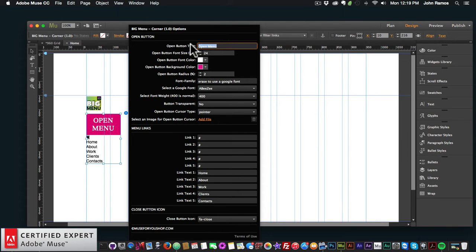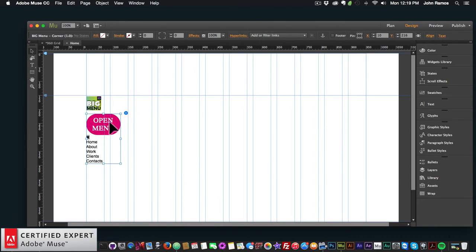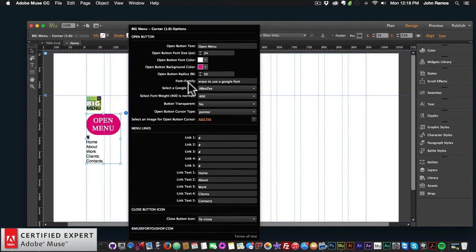We can choose a text for the open button. We can choose a font size for the open button. We can choose the open button font color, the open button background color, the open button radius. So I can actually make it pretty round like so. We can see that it changed here. And I can change the font family. Again, I can type in a Typekit font here,